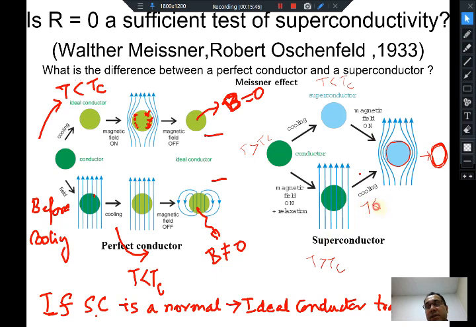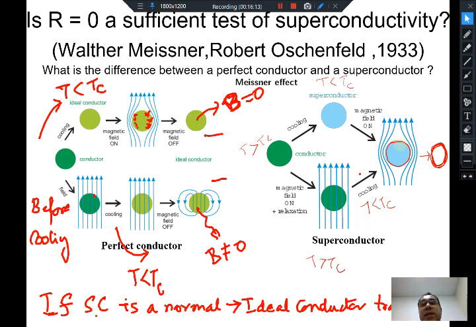And here as T becomes less than Tc, whereas in an ideal conductor the magnetic field will still be present inside, whether you go through this path or this path, they found that the magnetic field is always expelled from within the interior of the superconductor, irrespective of whether you have applied the field before cooling or after cooling.